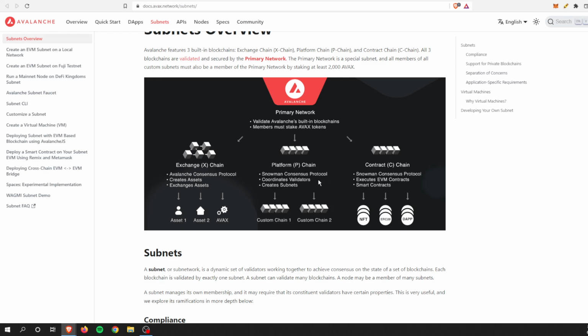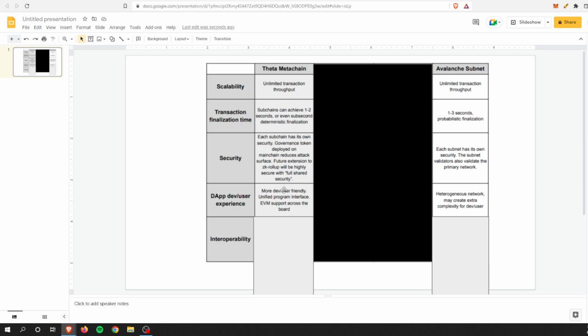But there's other chains, the X chain and the P chain, which are not as EVM compliant. So I guess that is kind of what Theta is getting at, where across the board Theta can be interoperable with Ethereum, and that is kind of the gold standard right now. So there's slight differences there, but I think overall both of them have good DApp developer